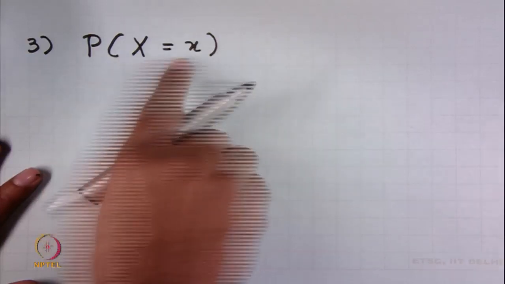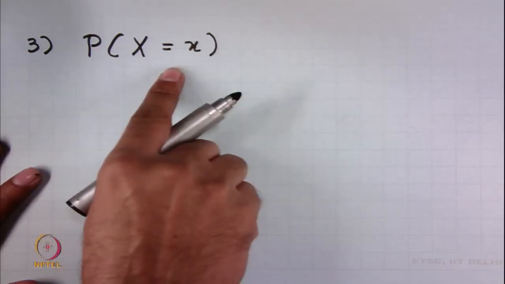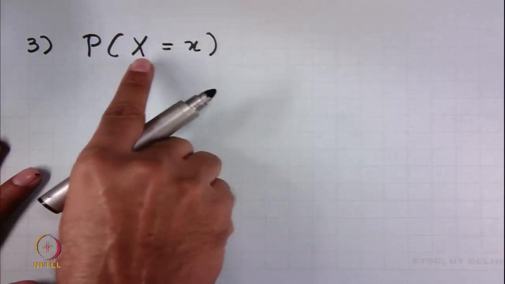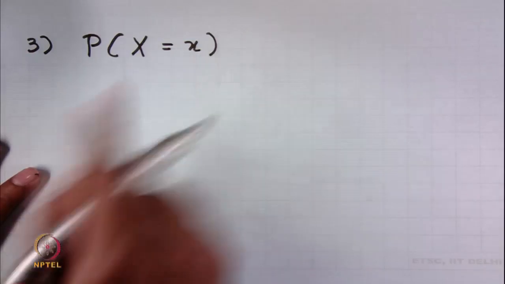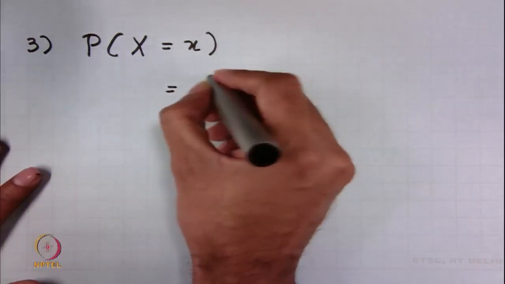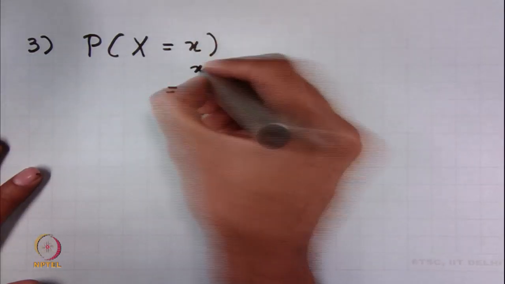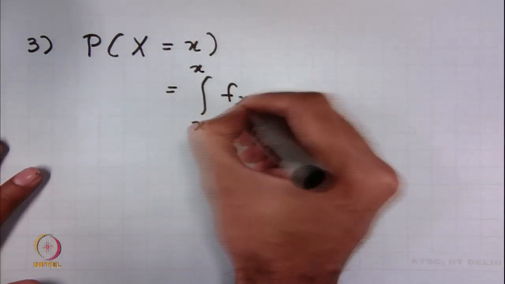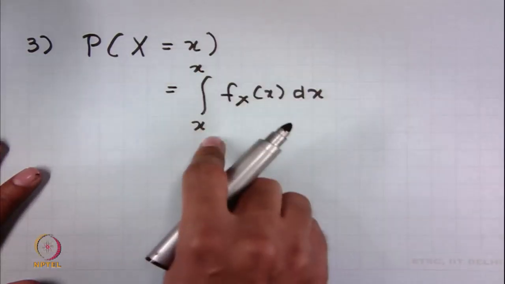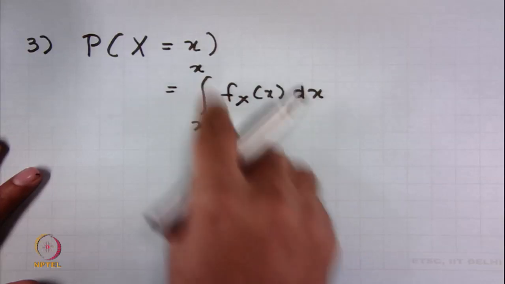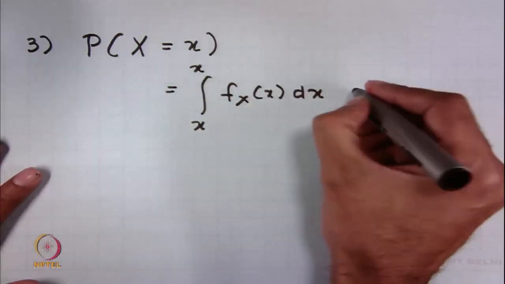Now, we are not asking what is the probability that a random variable lies between x and x plus delta, but we are trying to investigate what is the probability that this random variable takes a specific value x, and to calculate that the limit will now go from x to x, and as you can see this is an integration at one point, there is no width in that area. So, this integration will turn out to be 0,